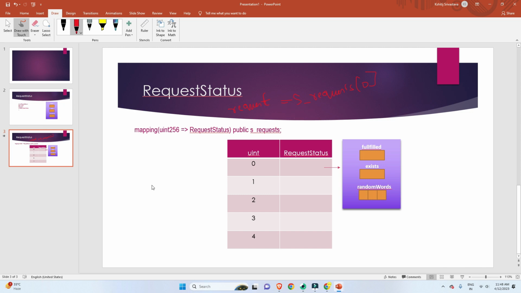Then this request will be pointing towards the struct, okay, to this struct like this, and it will be checking whether request dot fulfilled, means this fulfilled, is simply a check, right, whether it is true or false and whether it exists or not. So we are simply doing this with the help of this request, because this